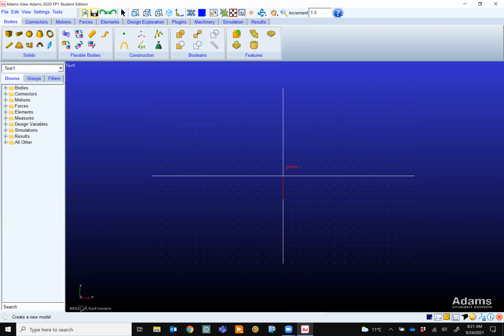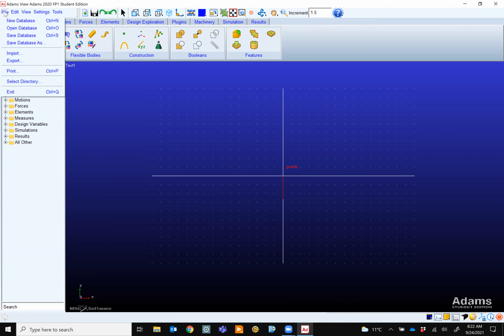So if you want to open a new instance, or create a new model, you create that one. That's obvious stuff, right? And then, of course, in File, you have here the save as, import and export. You will need import a lot, and exit, of course, that's exit. And the rest are all there, you see them.